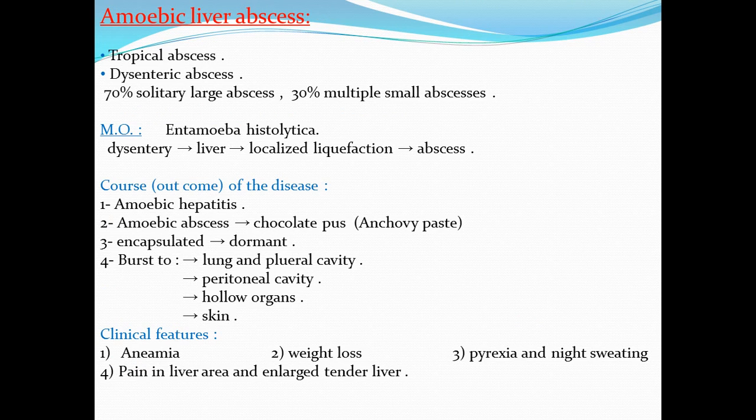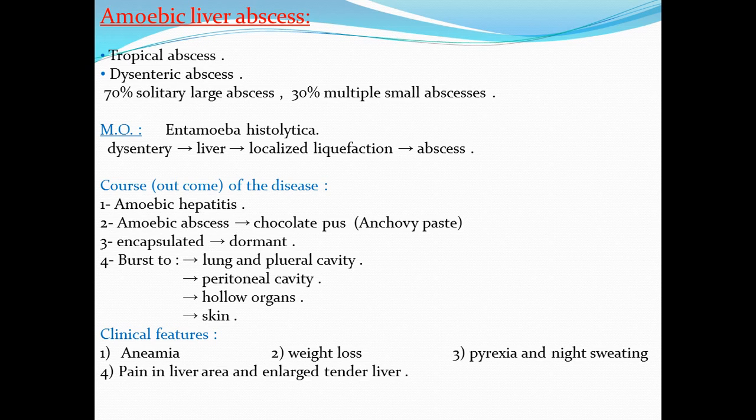Amoebic liver abscess, which is called tropical abscess or dysenteric abscess. 70% of them solitary large abscess, and 30% multiple small abscesses. Microorganism is Entamoeba histolytica, which is parasite, leading to dysentery, goes to the liver, leading to localized liquefaction, resulting in abscess. Causes or outcome of the disease: 1 amoebic hepatitis, 2 amoebic abscess,